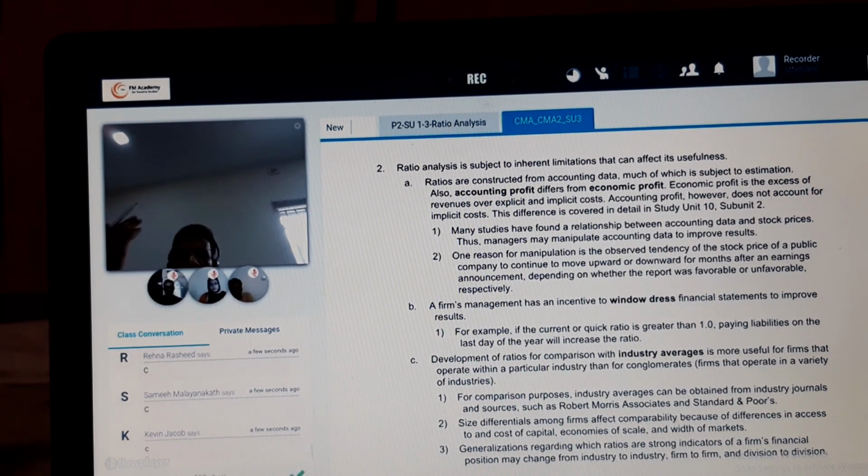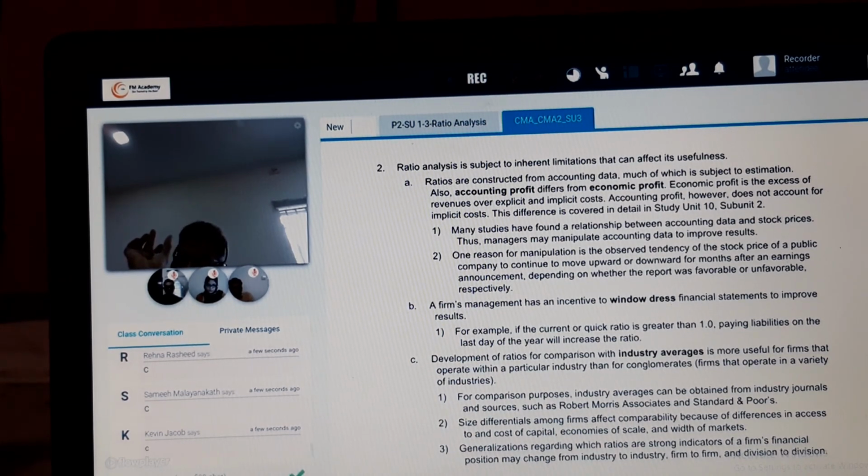So you need to find other ways to find the imputed capital and then use that. That will not come from the accounting data. So you will not have that kind of information from the accounting data. So purely based on accounting information, ratio analysis will suffer from all the limitations of the accounting profit. That's it. And then another issue with the accounting profit is that